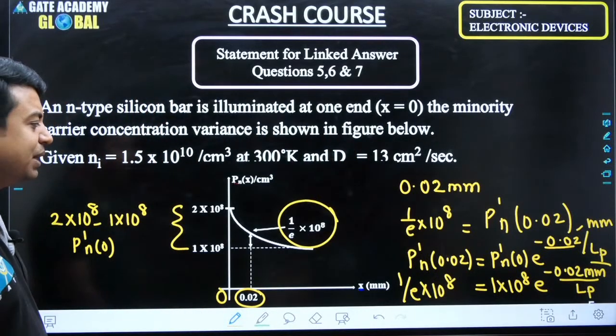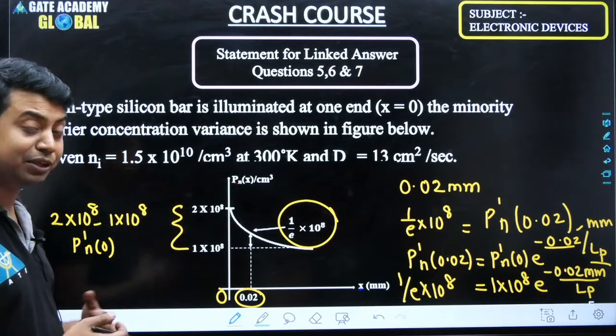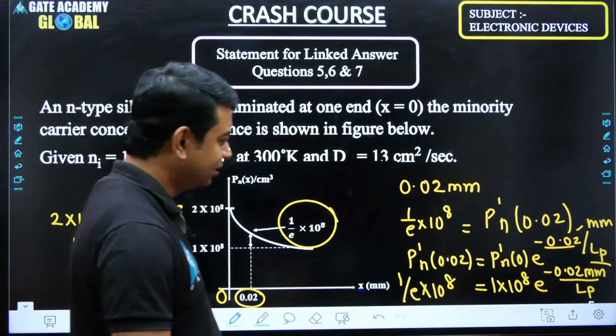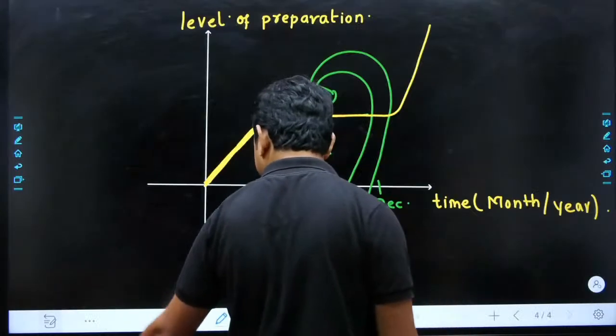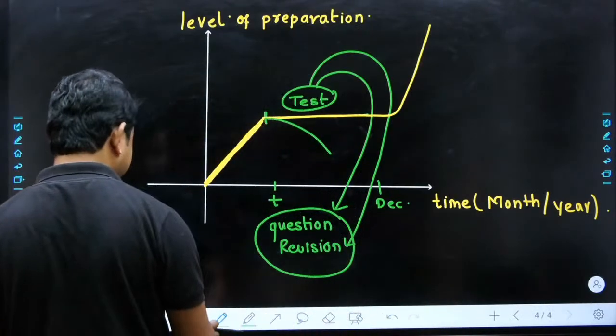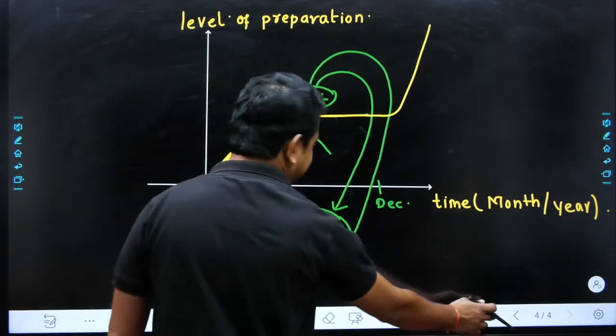So what is LP? LP is the diffusion length. At the diffusion length, you just remember one concept here. I will give you that concept. So what is that concept? The concept is that